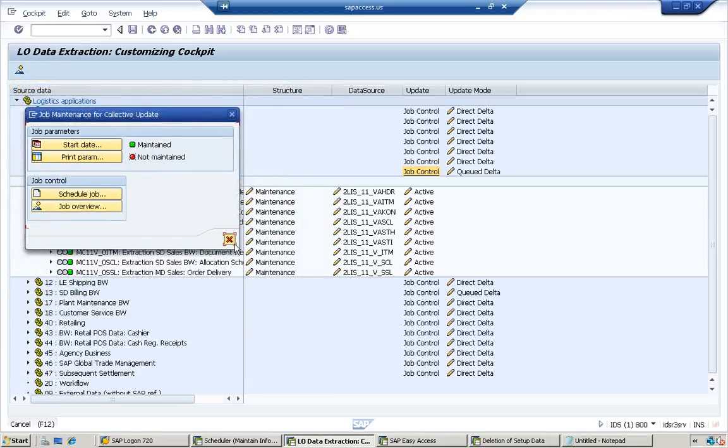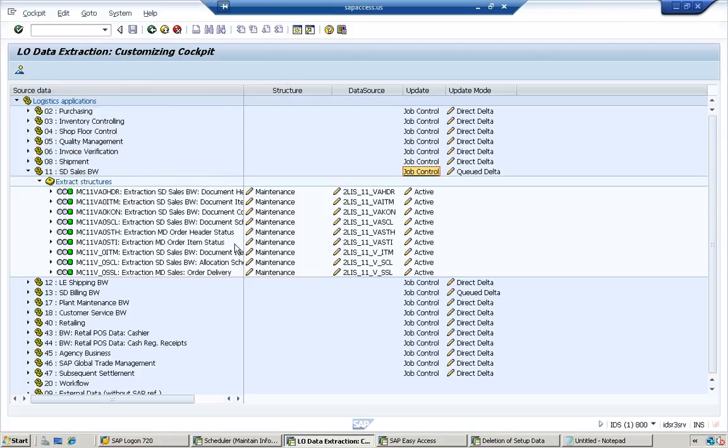This is green. So from tomorrow, every day it will come and pull out all your data for that one day, and then